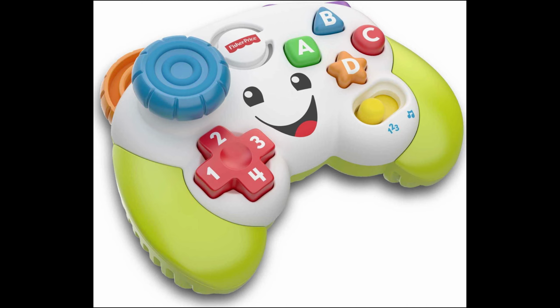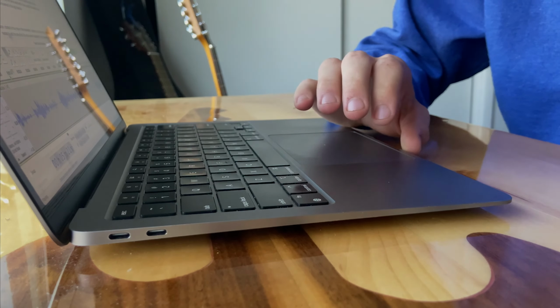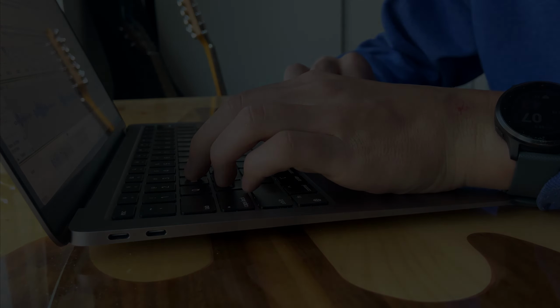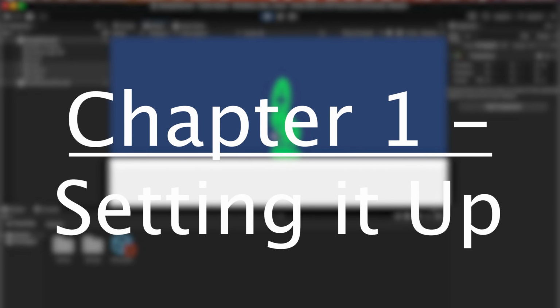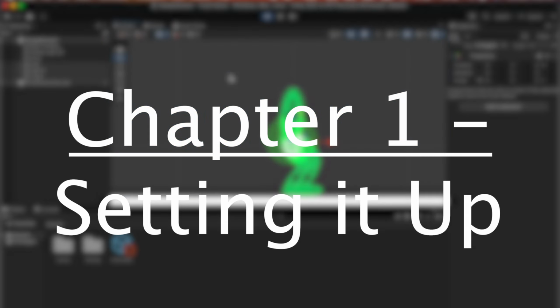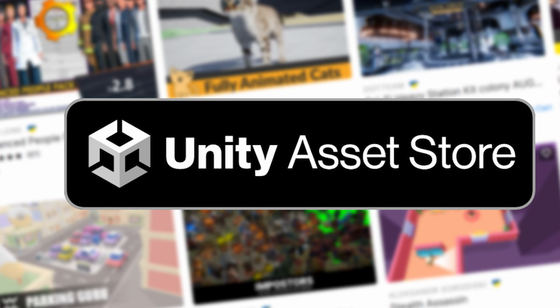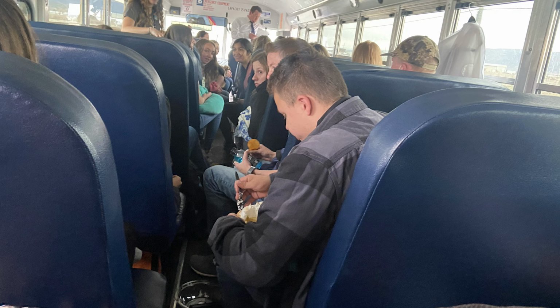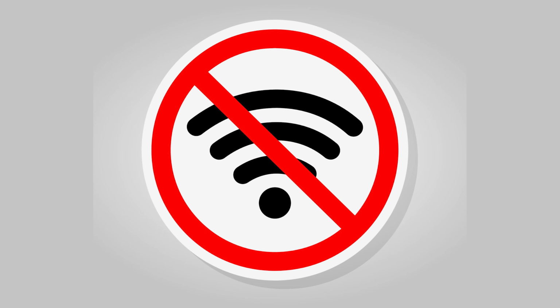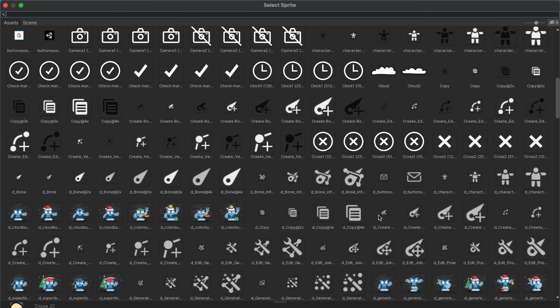So with an idea in mind, I opened my laptop and started prototyping an idea for my game. I started with trying to make a body rigged up with joints and springs to just see how it would feel in Unity. I got a bunch of colliders drawn up and went to the Unity asset store to go find some temporary assets. But wait, I was actually on a bus going to a track meet at that moment and I didn't have any Wi-Fi or service. But I didn't want to wait until I had internet to continue on with my project, so I looked at some of Unity's built-in assets.